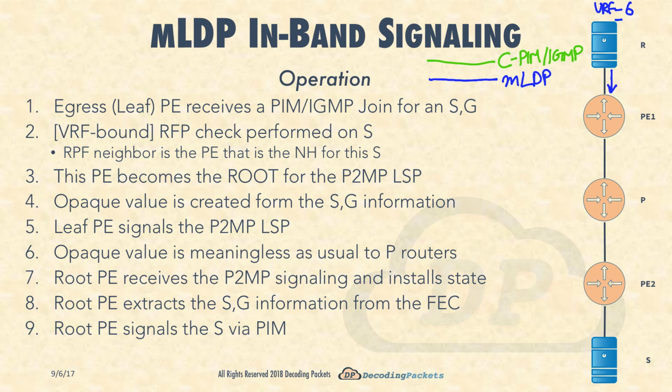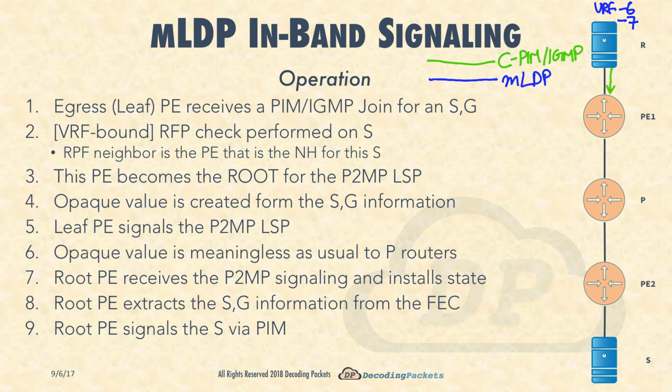So let's take that off, and I'm going to go with profile 7 again. So this here is still profile 7. Oops. So if it's VRF bounded, it's profile 6. Otherwise, it's profile 7. So now, from the top, you're going to receive a PIM or an IGMP join for